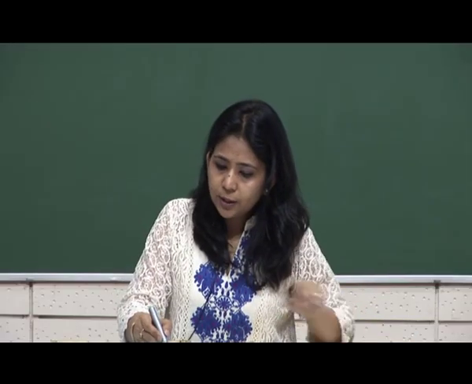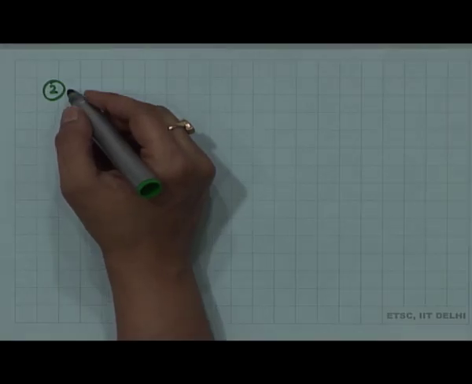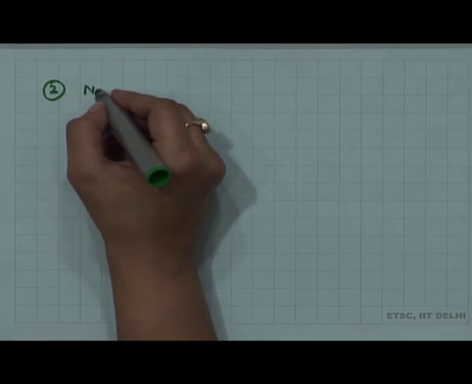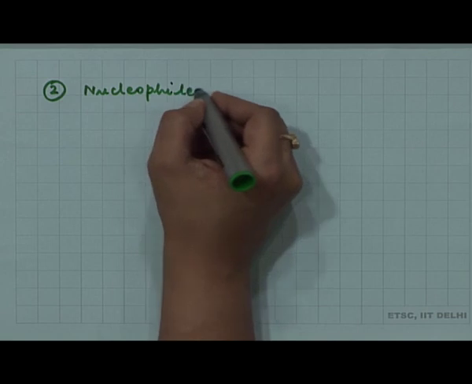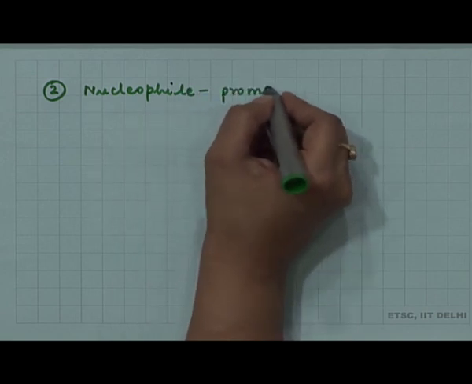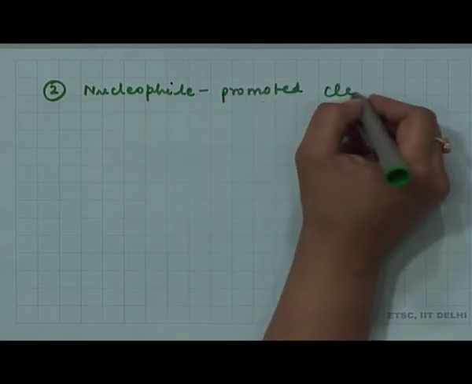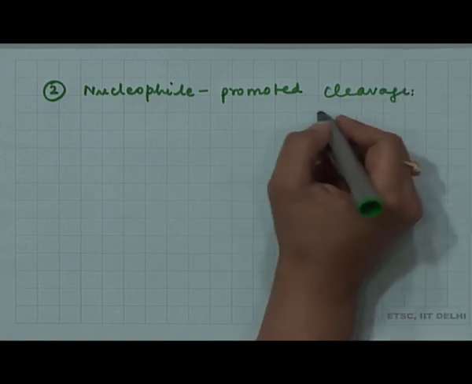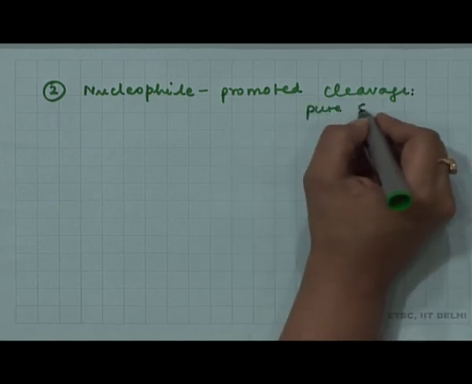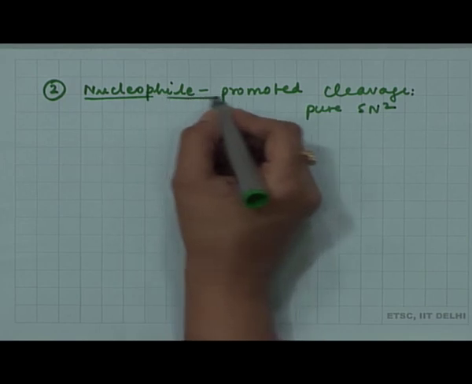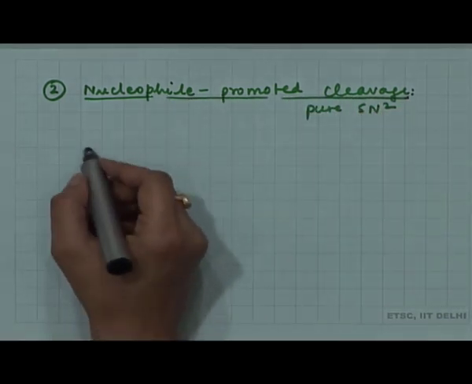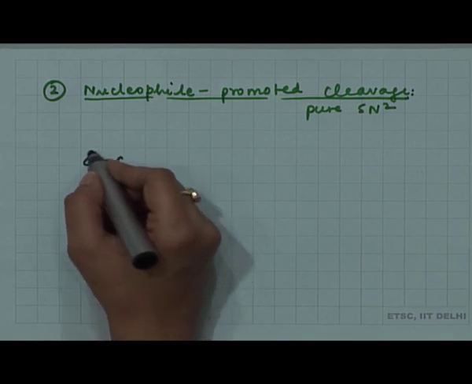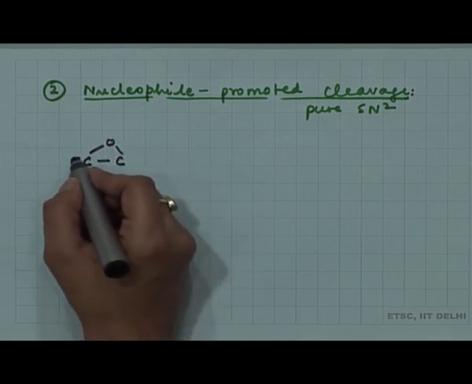The second, which I told you is not possible for the acyclic ethers, is the nucleophile promoted cleavage, which can only happen for oxirane. So, you have a nucleophile promoted cleavage, which is a pure SN2 pathway. This is a pure SN2 nucleophile promoted cleavage. So, what is happening in this case is that you have your oxirane,